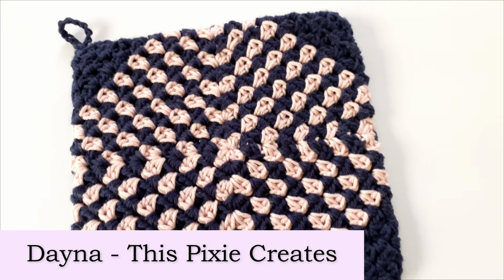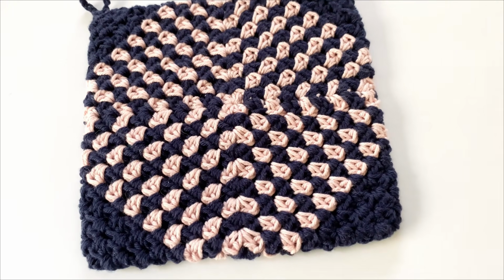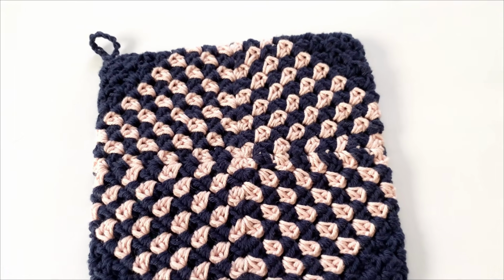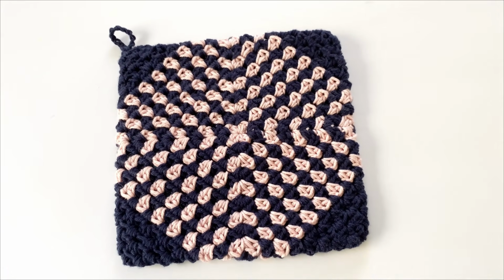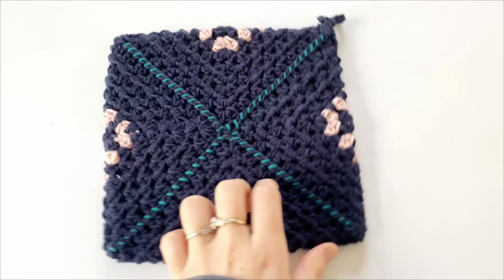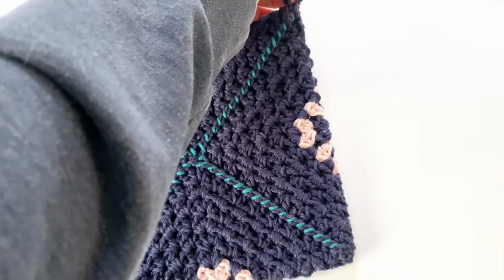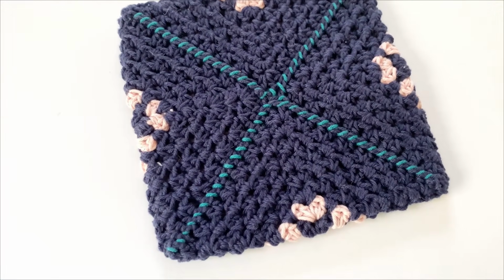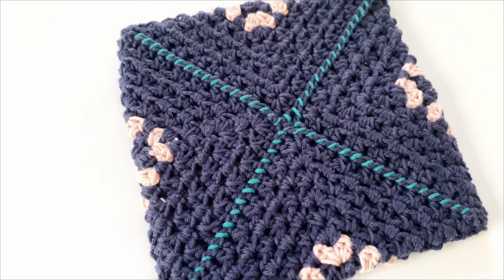I'm Dayna from This Pixie Creates, and in this video I'm going to show you how to make the Granny Diamond Potholder. This is the 11th potholder in our Crochet Along series. This potholder is made by crocheting a large striped granny square and seaming it together to make a diamond pattern. I'm going to show you an easy color changing technique, so you'll only have to weave in a couple of